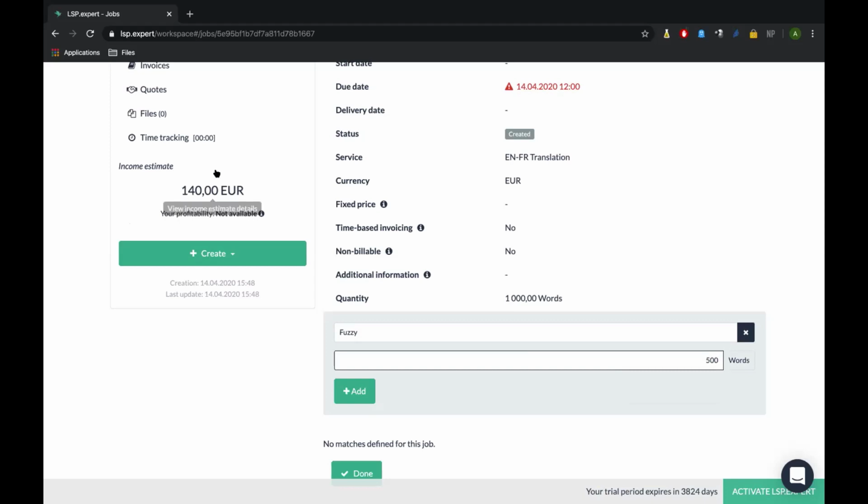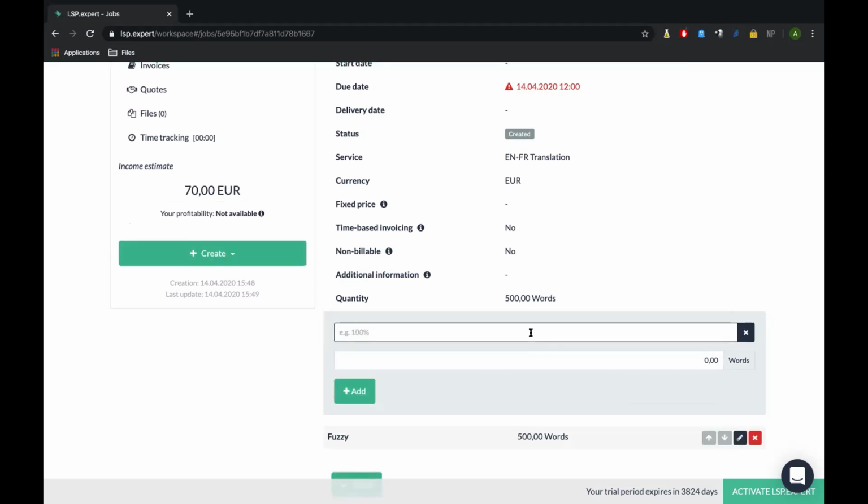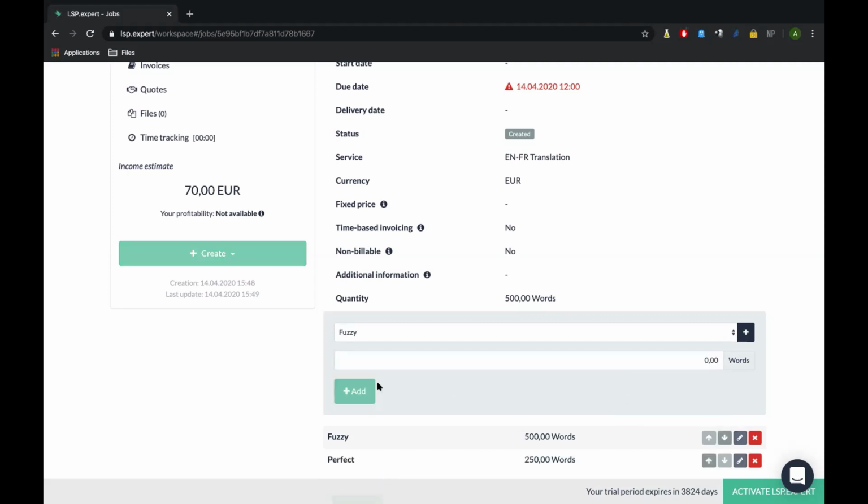So I'm supposed to get 140 euros. But depending on the correspondences I can have in my CAT tool, it's going to change. So let's say I have 500 fuzzy words. What can we have? Perfect matches. Okay, let's say I have 250 of those. And then I have new words.